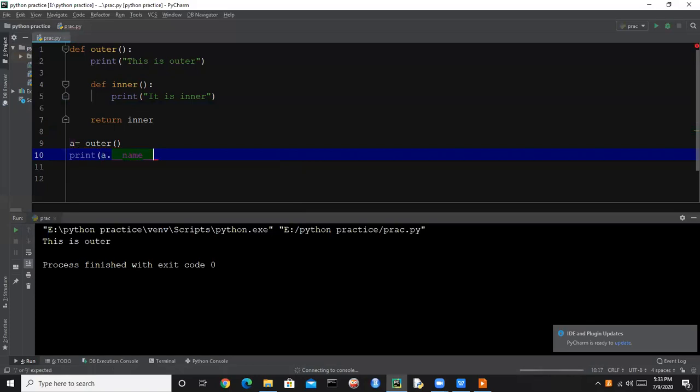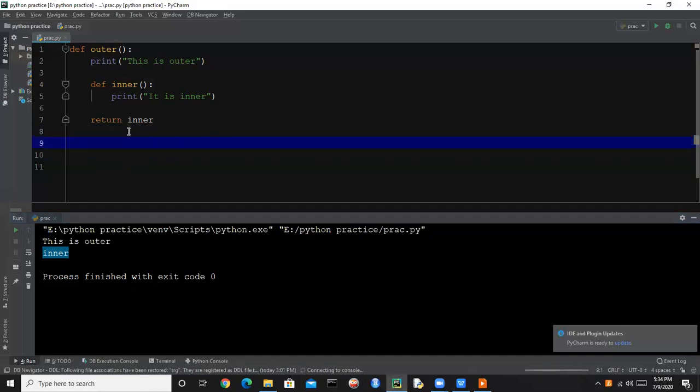So if we print the name, it will give the output as inner. So now it is giving our output as inner. So this function is actually inner, and that is outer.